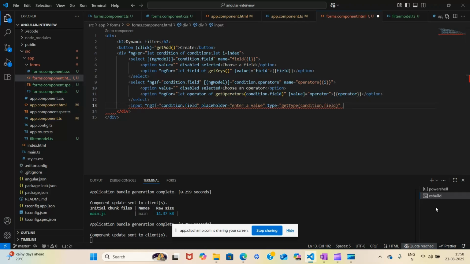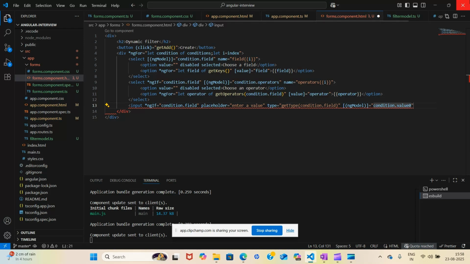And now I also want that this part should also be updated in our conditions array. So again here also I will add ngModel, and what should be here: conditions, condition.value.